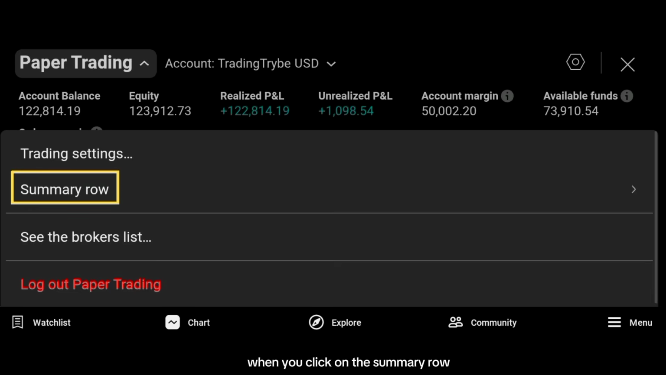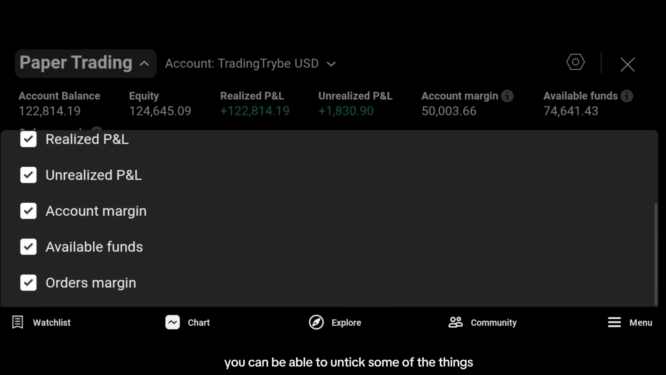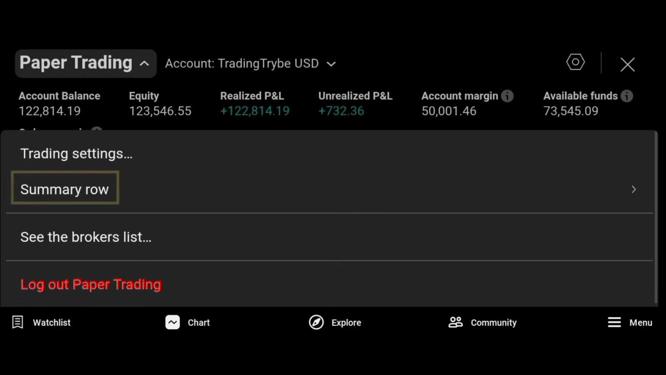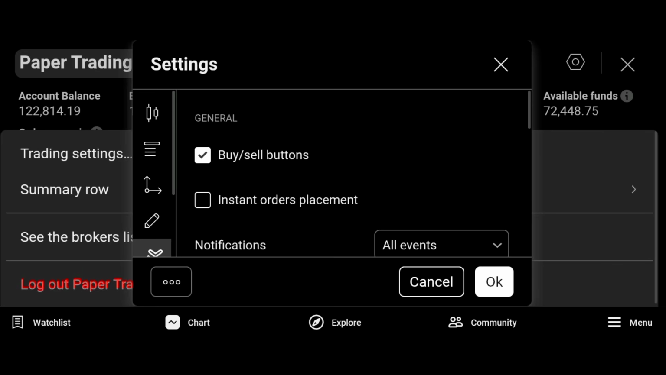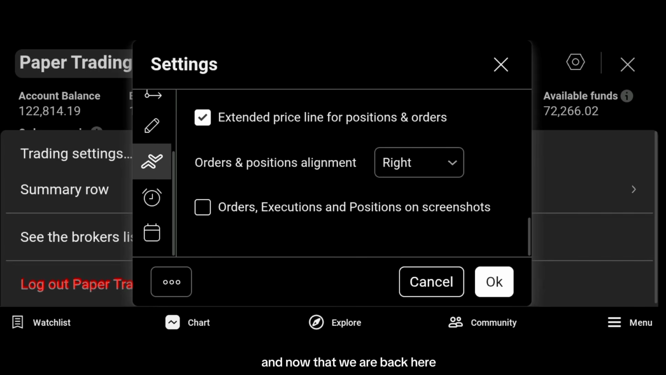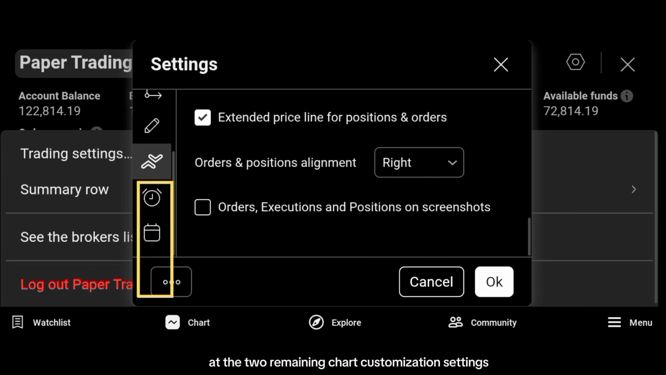When you click on the summary row, you can untick some of the things that you don't want to see on the window anymore and tick the ones that you want to see. If you click on the trading settings, it will take you back to the same chart customization settings that I was teaching earlier. And now that we are back here, let's take a look at the two remaining chart customization